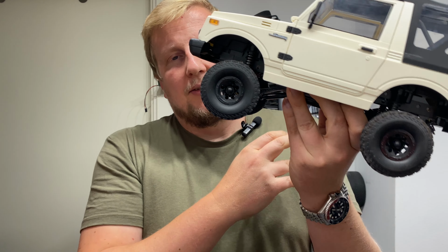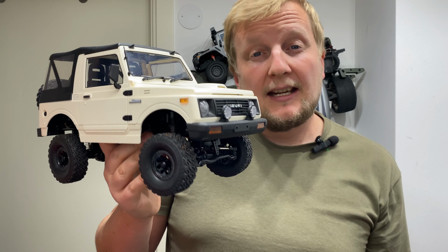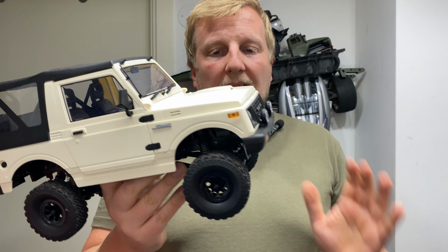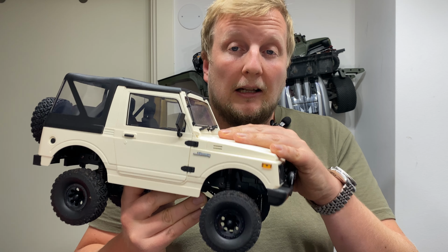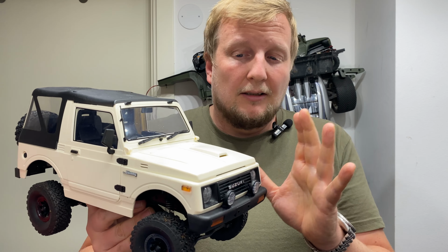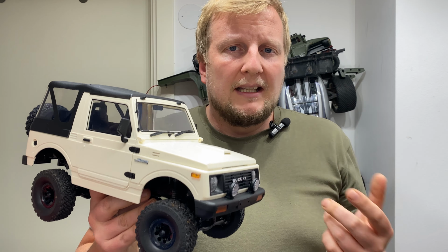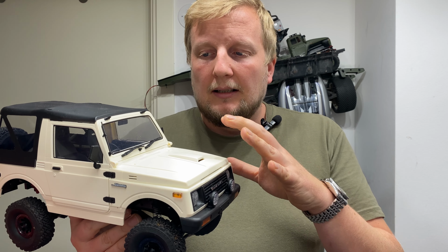Probably prefer to add some metal upgrades to get some more weight down below. It's got a higher RPM motor than in this one, so we got the 370 sized motor with higher RPM, and that paired with the electronics that are fitted in this, it's actually really good. It might be the best electronics and motor combination that I think WPL have released thus far in the